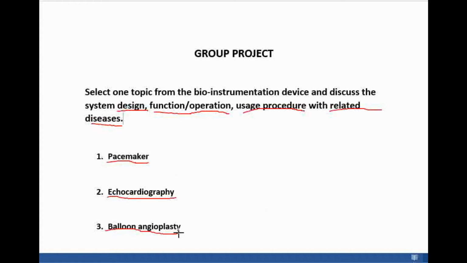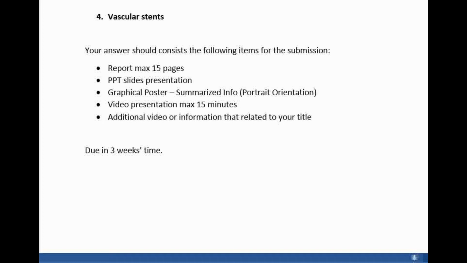balloon angioplasty. This is a procedure of insertion of what we call a material or a device inside the human body, right? It's called balloon angioplasty. Okay, balloon angioplasty, and number 4 is